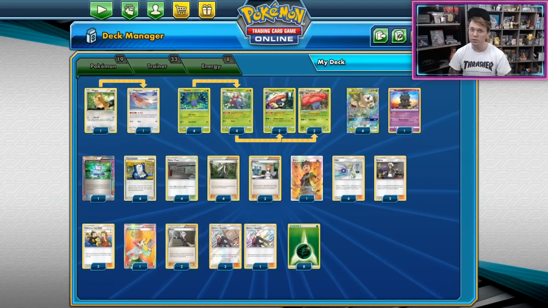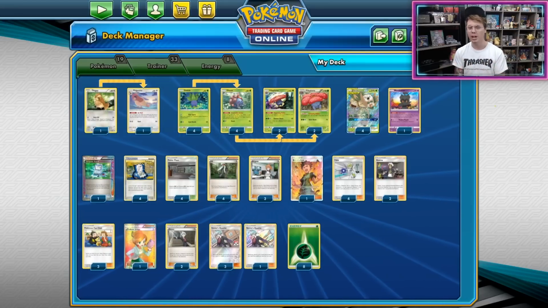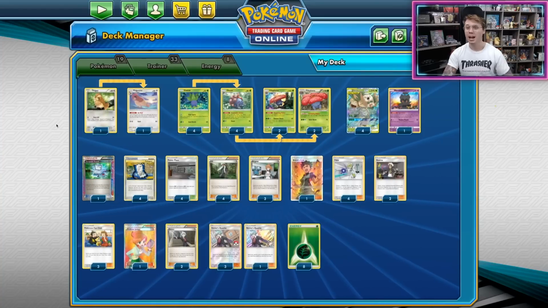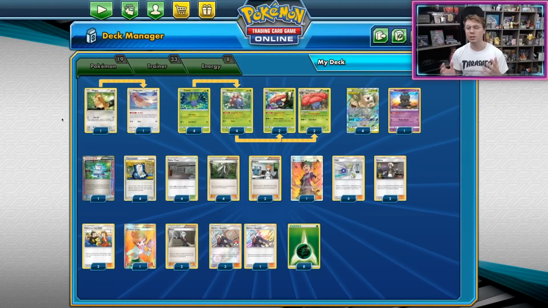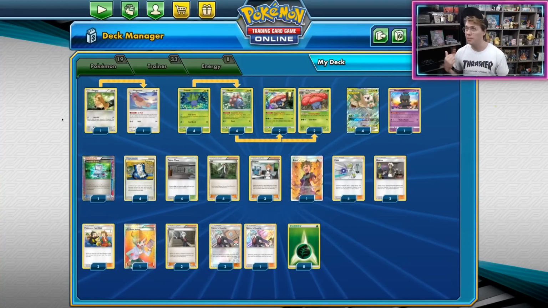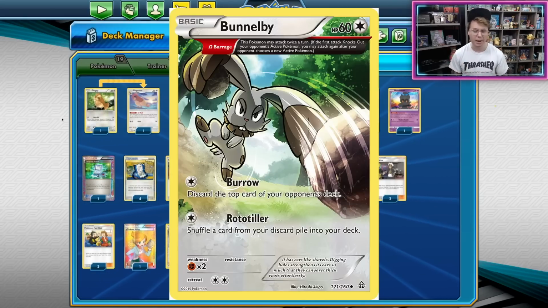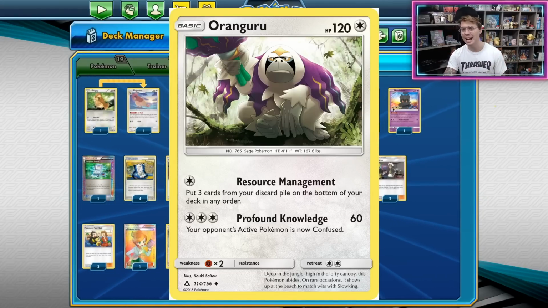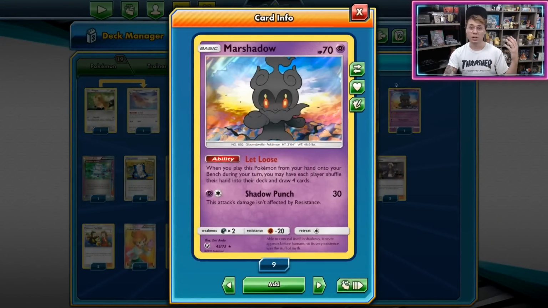It only has a 1 retreat cost, so it fit the bill that everything else in the deck needed to fit as far as having a 1 retreat cost. This was something really important to us because when working through the Zoroark Control matchup, we thought about Bunnelby. Bunnelby can throw resources back into the deck, but it's got a 2 retreat cost, so we couldn't really rely on Bunnelby. Or Resource Management Oranguru, another cool card that we could have included, but it's got a 2 retreat cost. And everything in the deck needs to have a 1 retreat cost